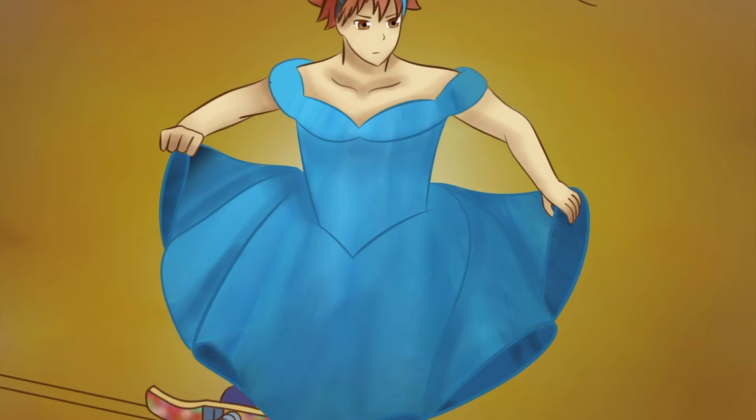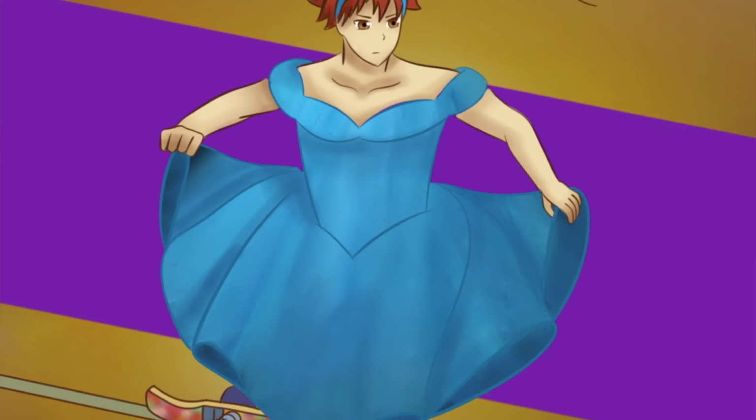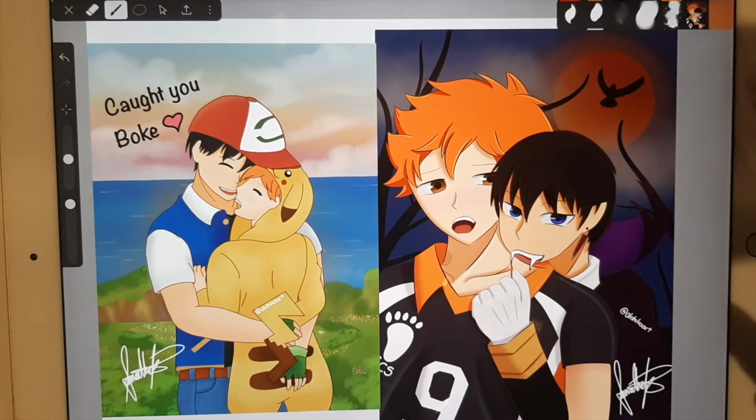So I heard many good things about Procreate, but I wasn't sure if I was going to continue digital art when school started, and I heard about this similar app, but free, called iArtbook. So I decided to try it out, and I liked how the colors and the lines showed up, as you can see over here in this